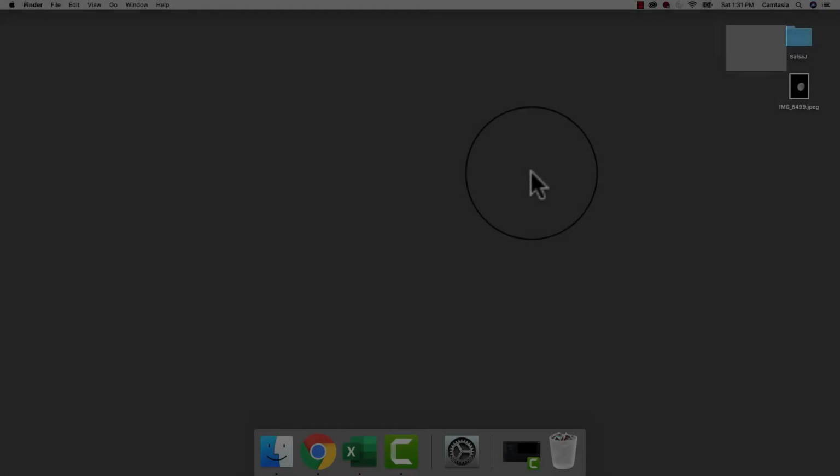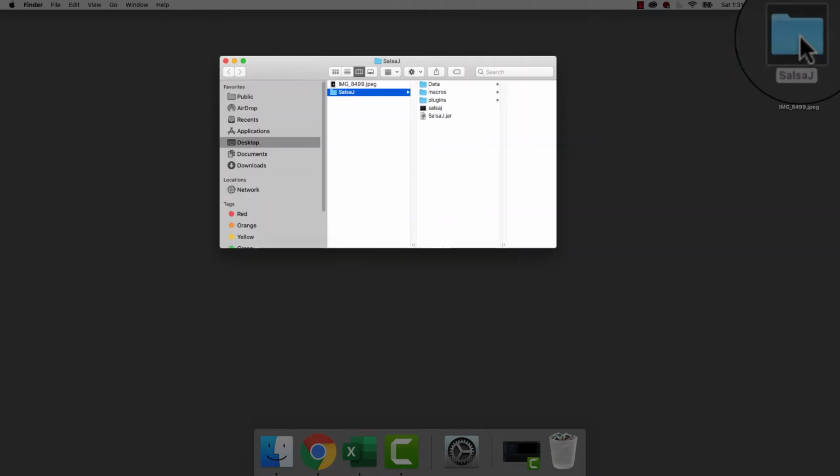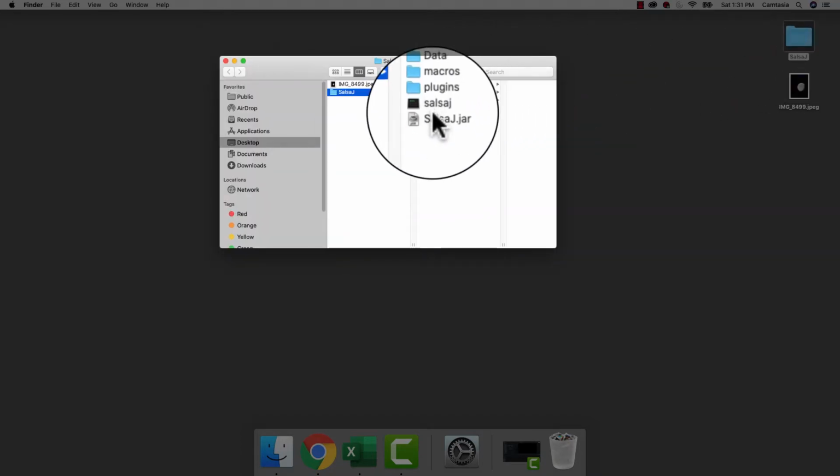Today we'll be using SalsaJ to measure the size of craters on the moon using the photos that you took of the moon. Presumably in previous labs you installed SalsaJ and took a picture of the moon, and you know where those are on your machine. And we'll start by launching SalsaJ,